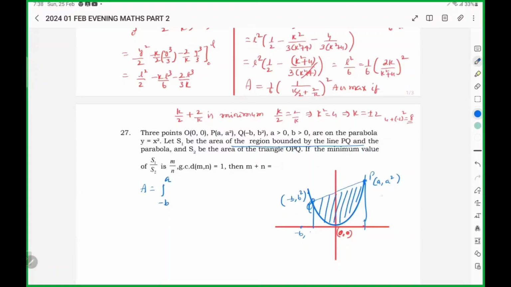QP as a function of x, its slope is a square minus b square by a plus b, which is a minus b. That is the line equation. Y minus a square is a minus b into x minus a. Y will be a square plus a minus b of x minus a. Then minus the area under the parabola x square dx from minus b to a. So after simplification,